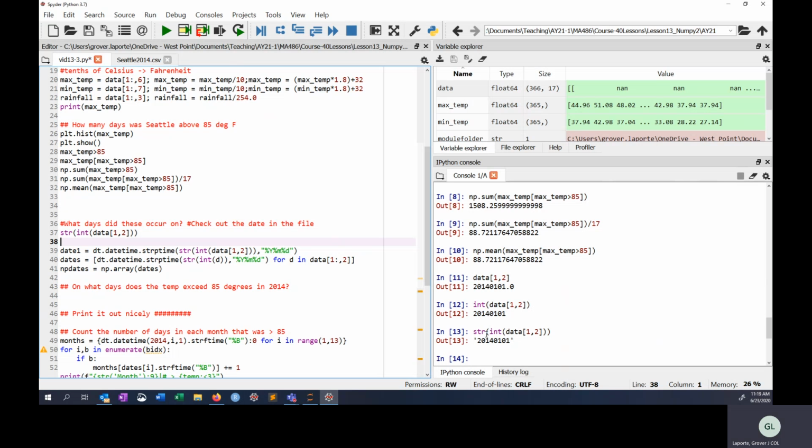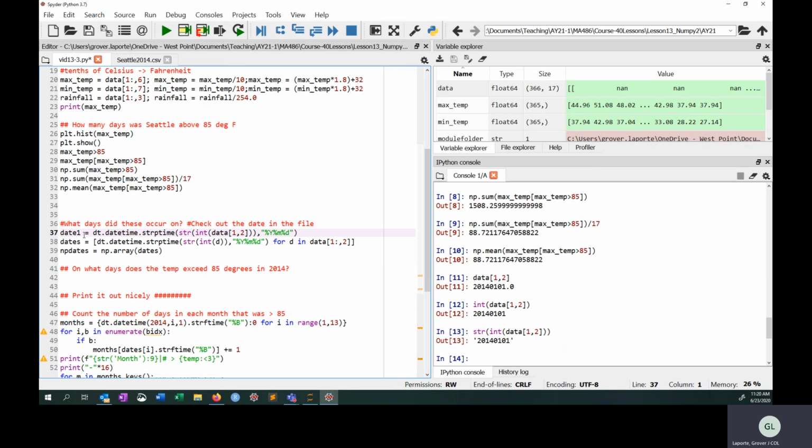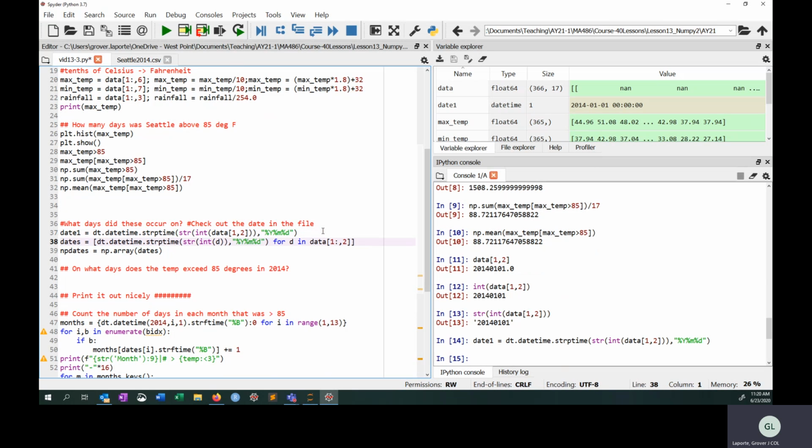All right, so now that I own that, I know how to turn a string into a date. Remember this parse, the string parse time, and I gave it the capital Y, because that's 2014. If it was only 14, then I would give it the small y. I gave it the %m because it was 01. If this had Jan on it, then we'd have to do the %b. And this 01 is the %d. So to turn this into a date now, I'm going to hit F9,